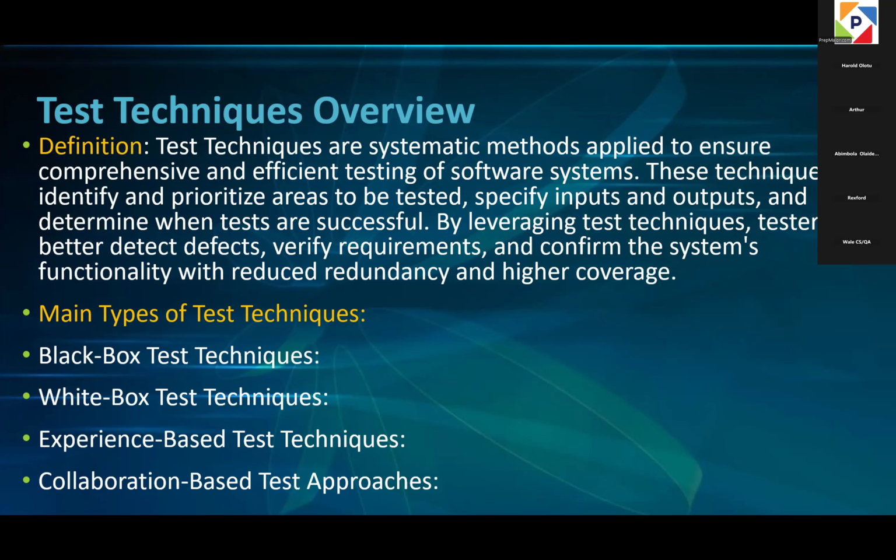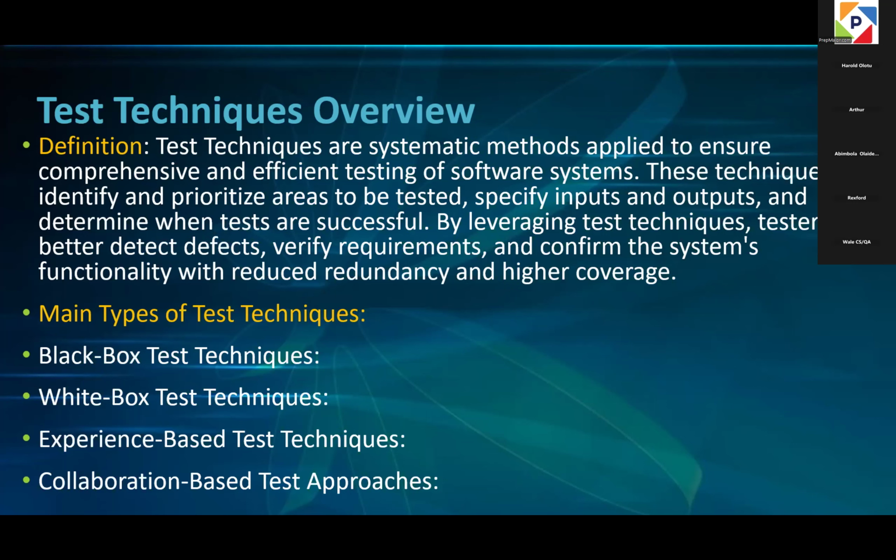There's no way you can actually do 100% testing. So what that means is that we have to come up with different techniques that will allow us to have a higher coverage of the functionality of all the features of the application. So today we're going to be looking at the different types of techniques